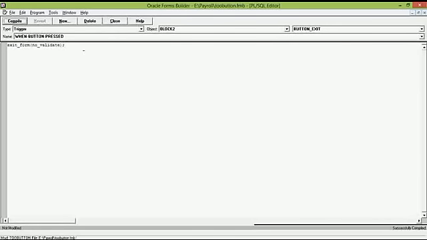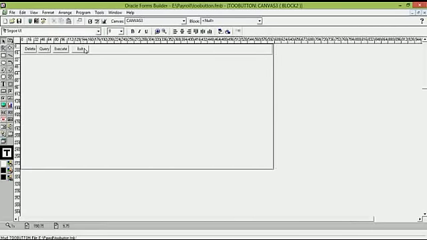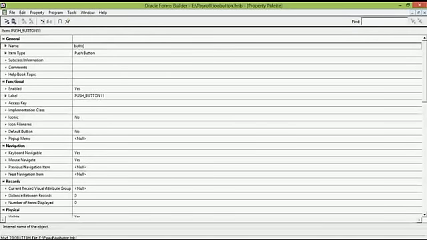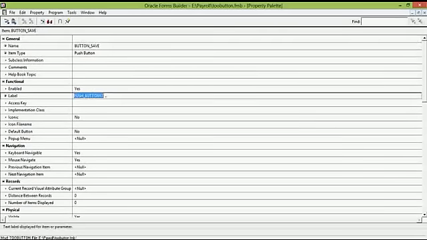As we have removed the new button, let us add another button here to save the record. The same way we go to the property palette, rename the button save, and put the caption or label as save.